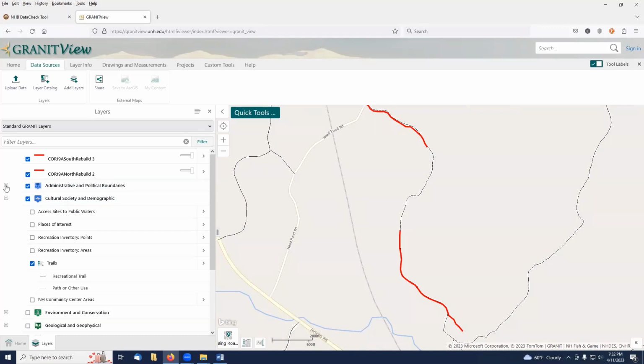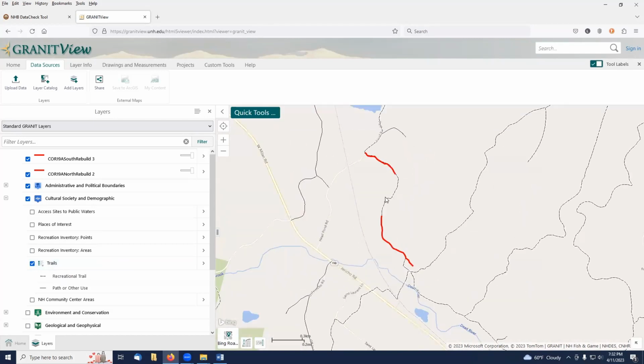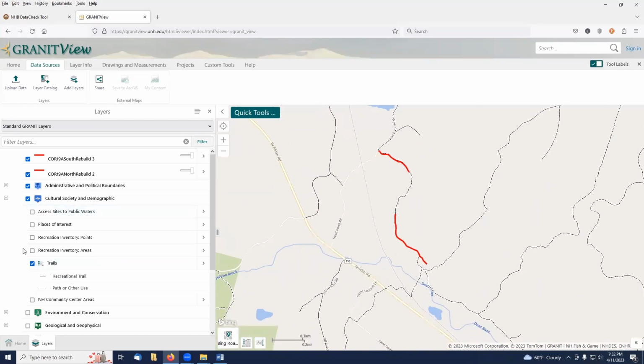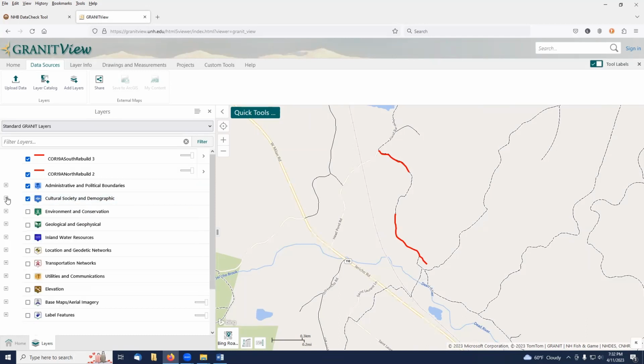Also, I went over to my cultural and society and demographic. I turned that on and I turned on trails just so I'd have some of the background trails in the area. Again, sometimes these are accurate, sometimes they aren't, but it's just something I like to do on my maps to show these trail lines. Okay, so now what I'm doing is I'm moving down to